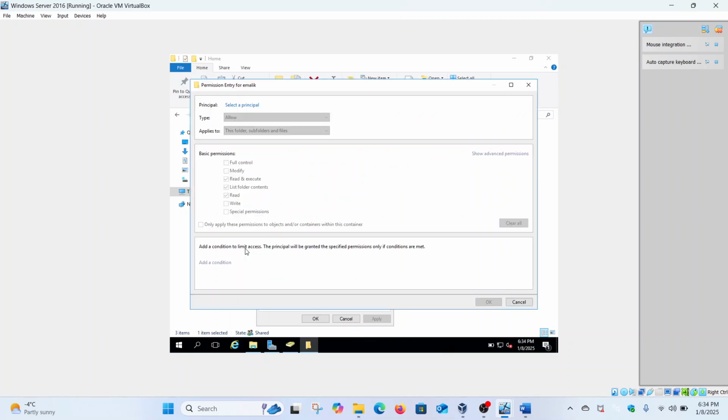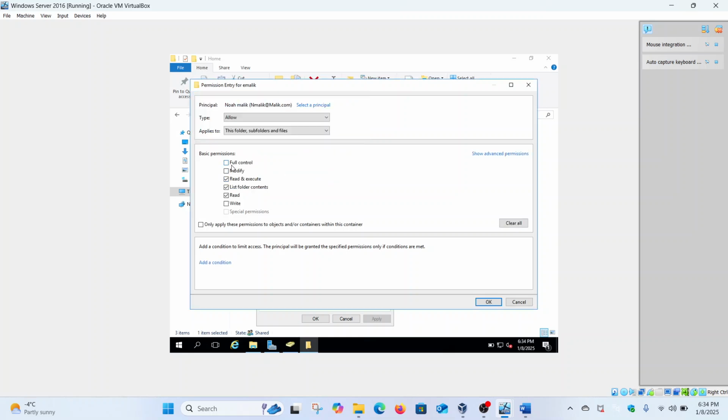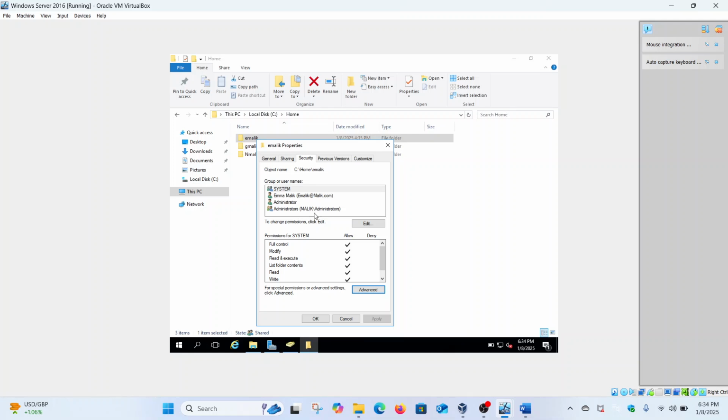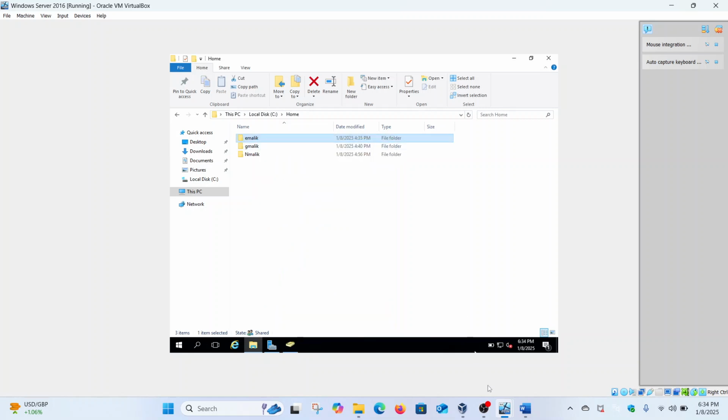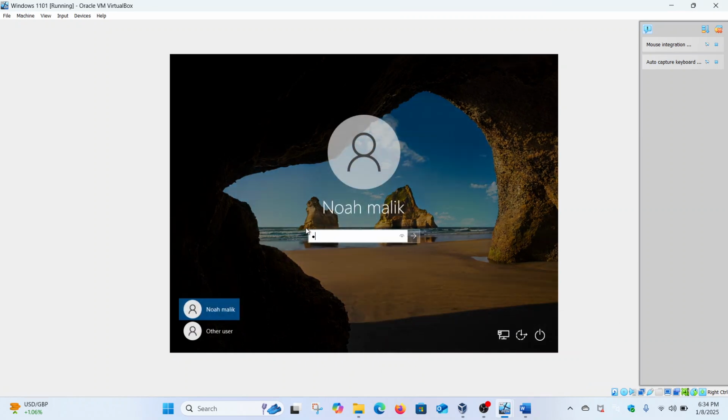In advanced, you need to click on add, select principal, and add Noah, check name. Once you add this, click on full control, and this will allow you to deny. In this way, you add Noah Malik to this folder, but you make him denied access, because you didn't see it here to remove it. If you don't see it to remove it, you need to do it this way. Otherwise, if you see it, you need to remove it. That's all. And if you come to the Windows machine and log in as Noah Malik one more time,